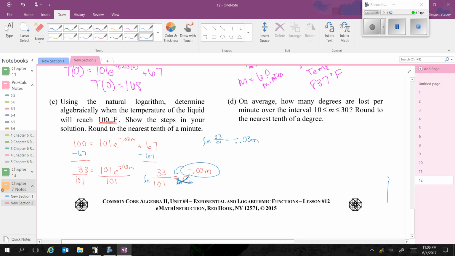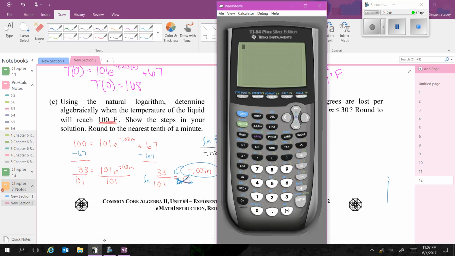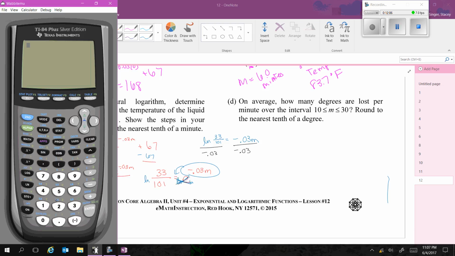And then, to get rid of negative 0.03, I would divide. The only thing you have to be careful about when you're dividing is you need to make sure you close your parentheses again. So natural log of 33 divided by 101, close my parentheses, divided by negative 0.03. I get m equals